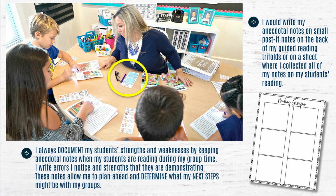So I do a variety of things with those Post-it notes, but I do always put the date on there, so it shows me what the date was. Sometimes I'll write the title of the book. Sometimes not, because I don't want to write too much down on those Post-it notes. I really try to just be super focused with the strengths, weaknesses, and what my next steps might be